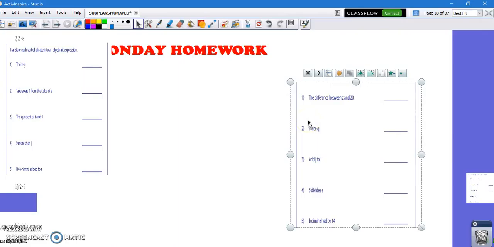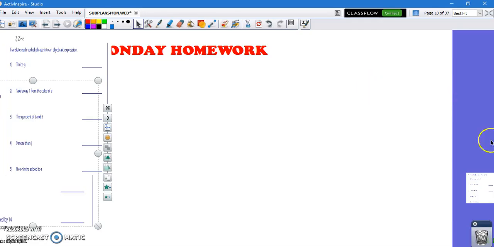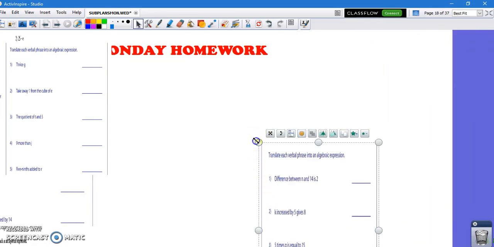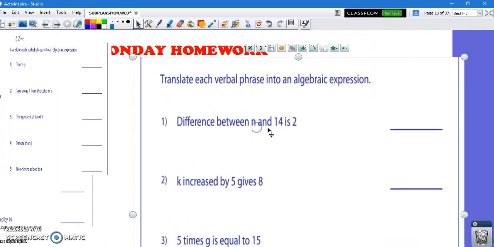Excuse me. Let's see what we got. All right, this one I already did. Okay, so that means all we have left is this one. And here we go. Difference between n and 14 is 2. Okay, so with this page you have